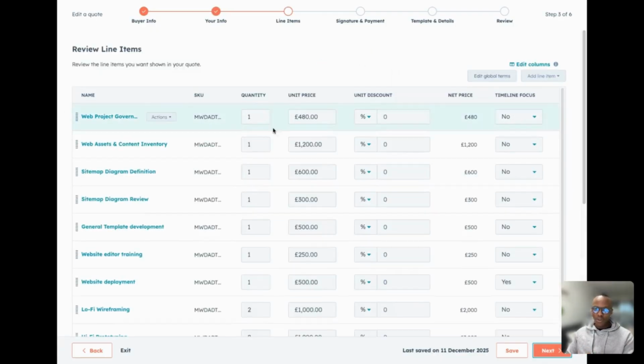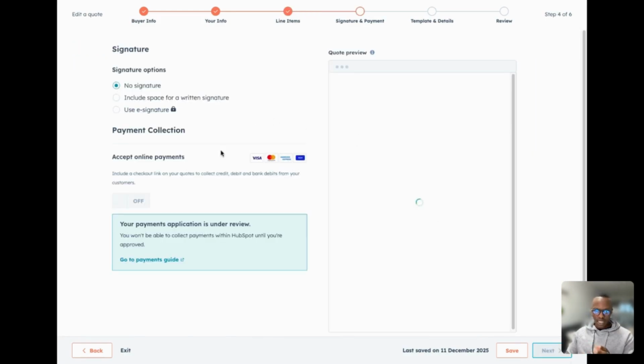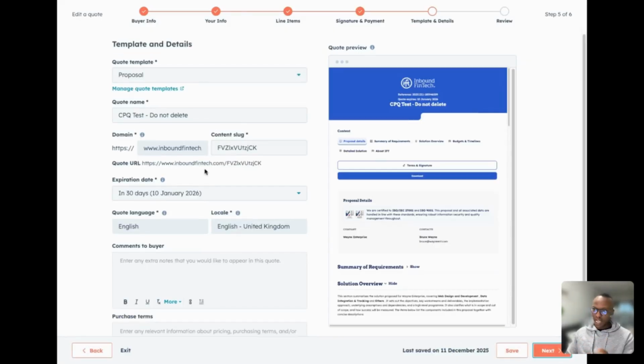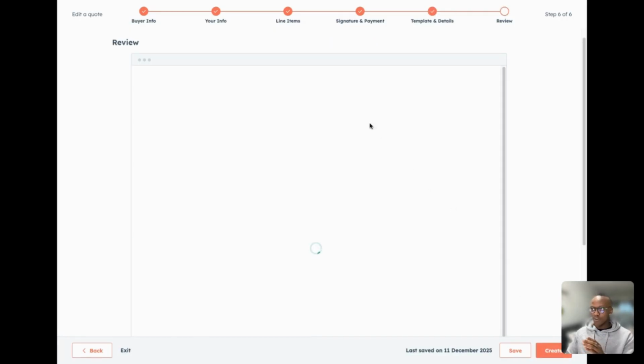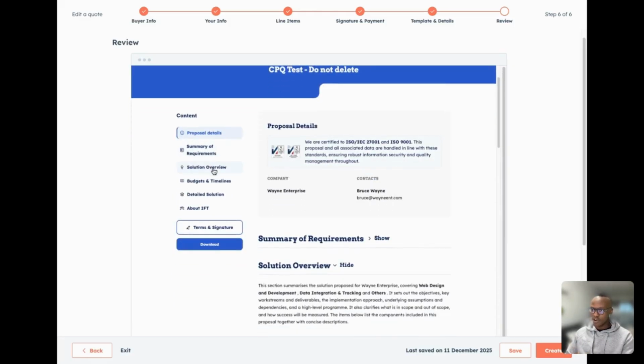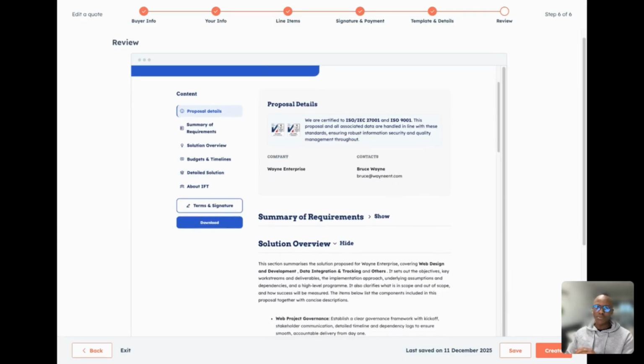Here we're going to do our final review of line items, where we're going to tweak our unit pricing, any discounts for specific line items that have been approved, timeline focus, whether we want to start it now or a month or two later. Move on to the next step, where we're going to add on our signature and our payment terms. Following that will be selecting our final template. Once we do that, we move on to the last step, which is going to be our final review of our quotation, which has everything we require from summary of requirements, solutions overview, budgets and timelines, and a detailed description of the solution. The system ensures that the complex logic we built in the background is presented simply and clearly